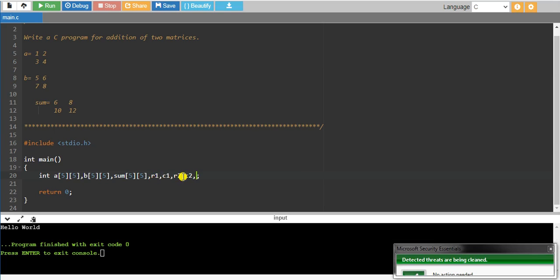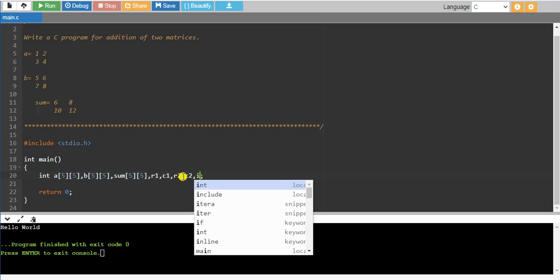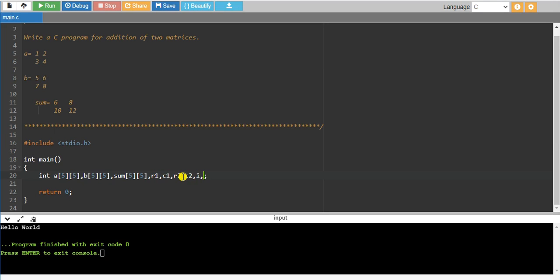Then we need for loops here, so for maintaining the for loops I am taking i and j variables. So first what I have to do, like in the transpose of a given matrix, here in addition of two matrices also we have to ask the user to enter the size of the matrix.